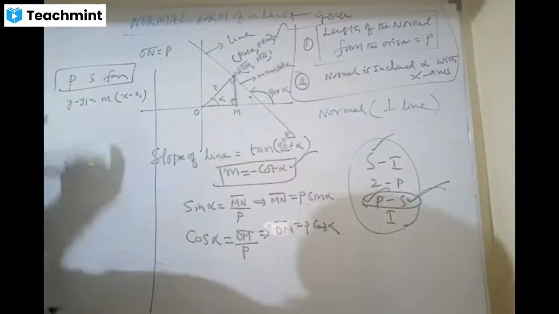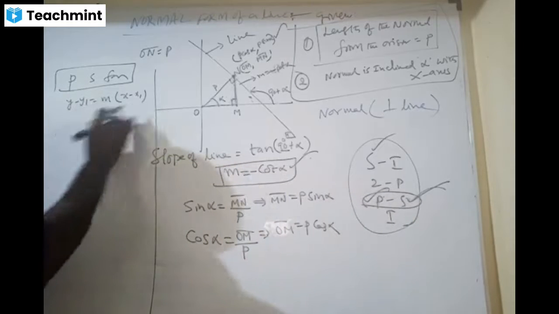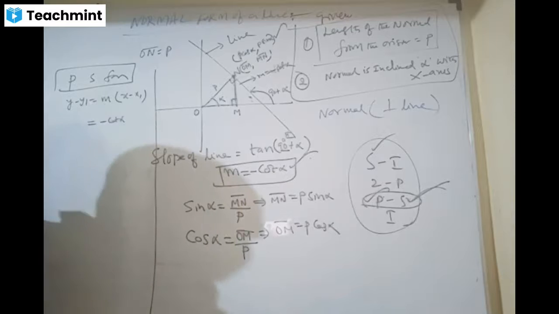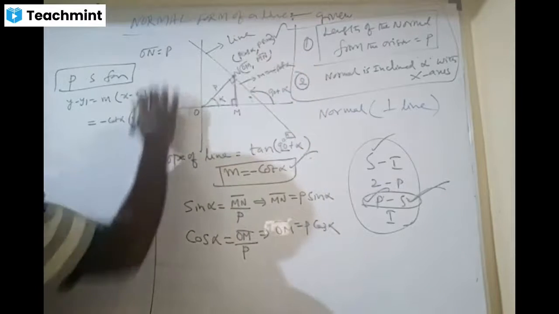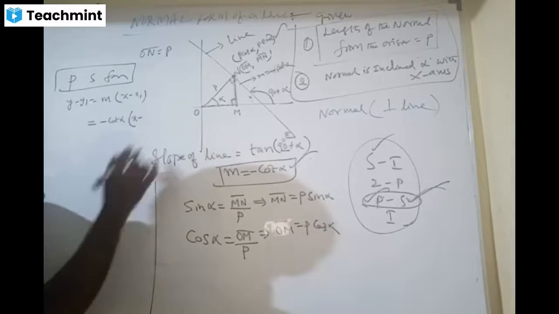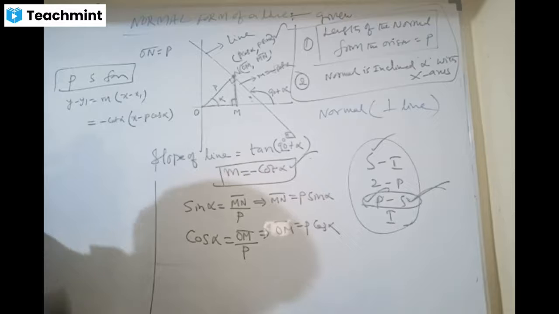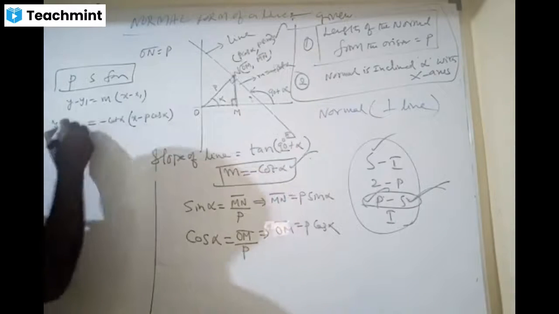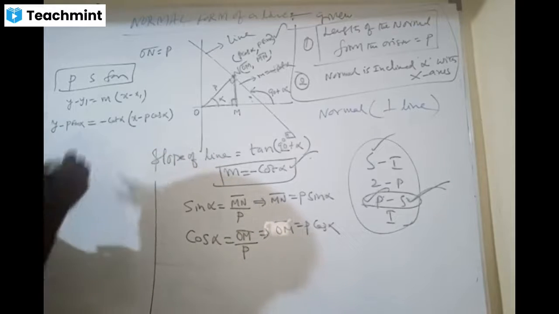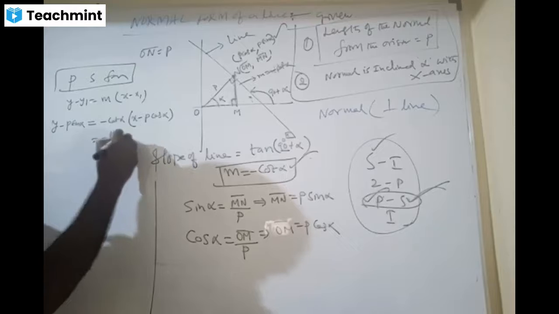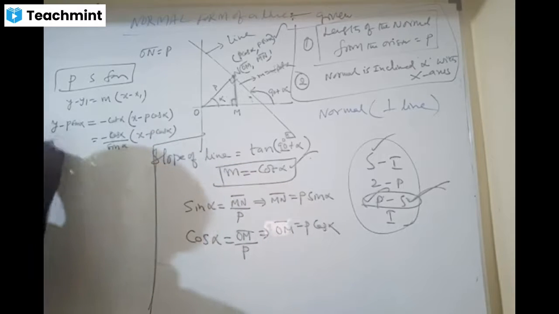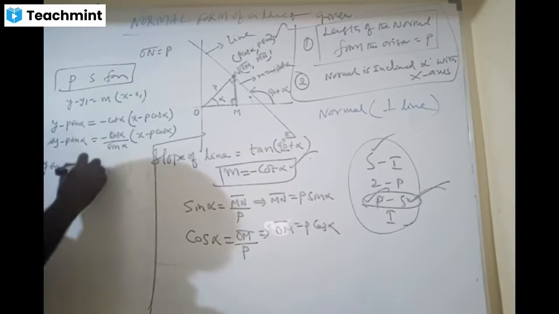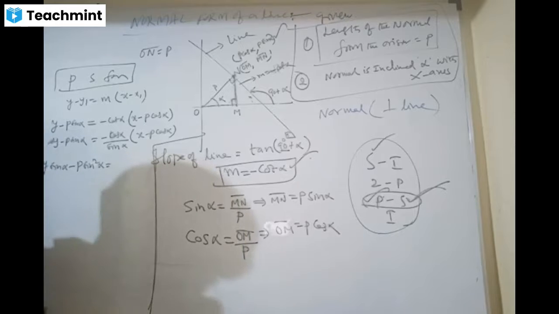Slope is known, point is known, so you can write this equation. Just substitute the things here. M is minus cot alpha, x minus x1, what is x1 here? P cos alpha. Y minus y1, what is y1? P sin alpha. And minus cot alpha is nothing but minus cos alpha by sin alpha or not? Y minus P sin alpha, cos multiplied, you get y sin alpha minus P sin square alpha equals,